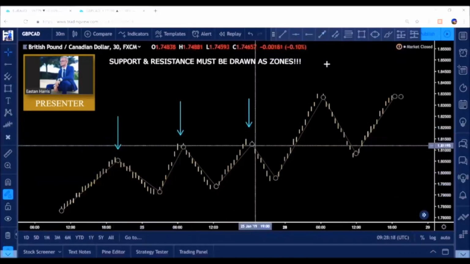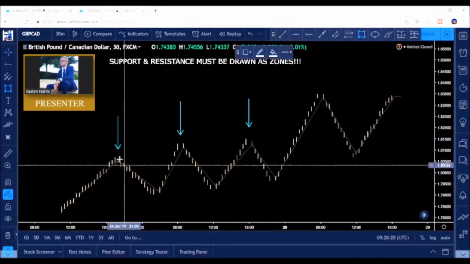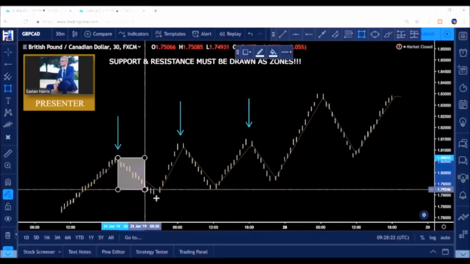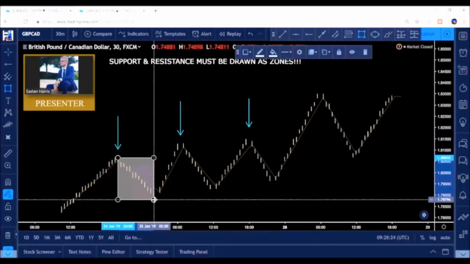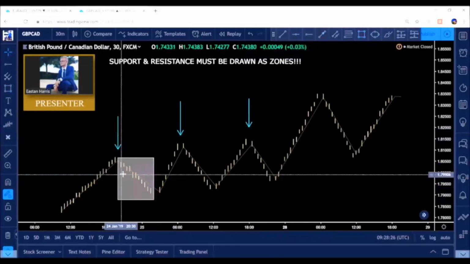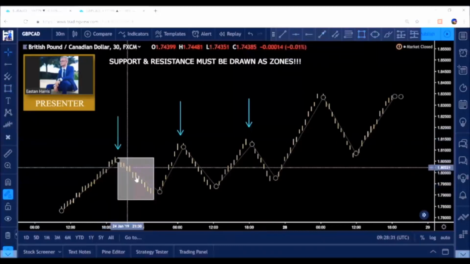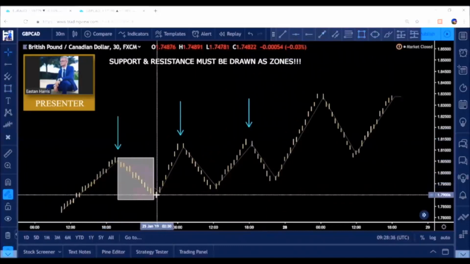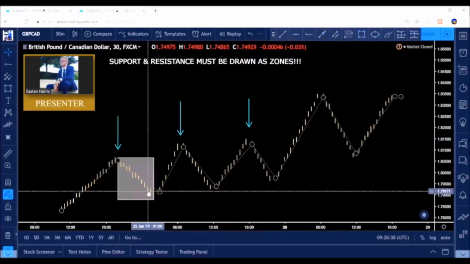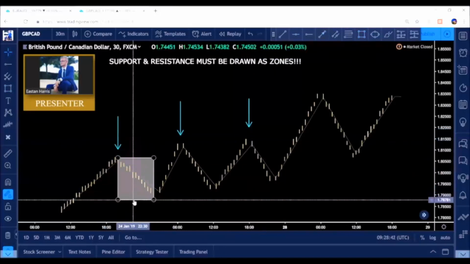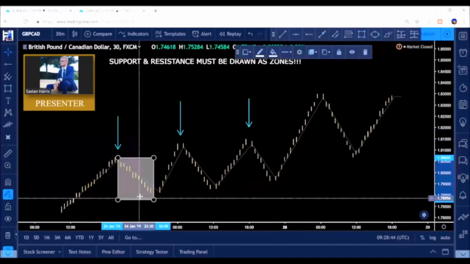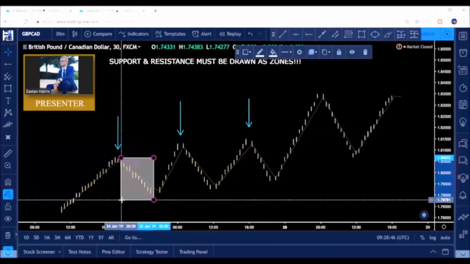We need to figure out what caused this reaction in the market. At what point within the market caused this bearish reaction? And we need the very beginning of that move. We need the very edge. Okay, so if we're looking for the very edge of this move here,